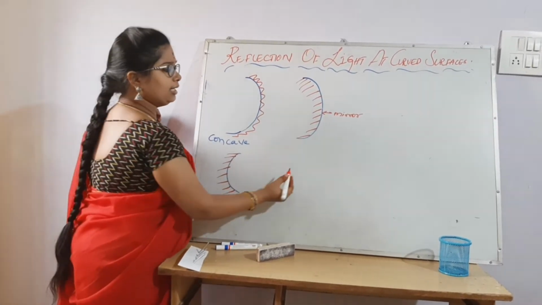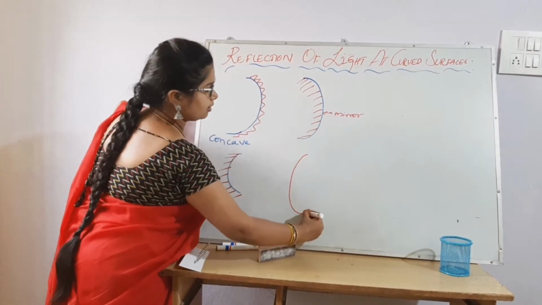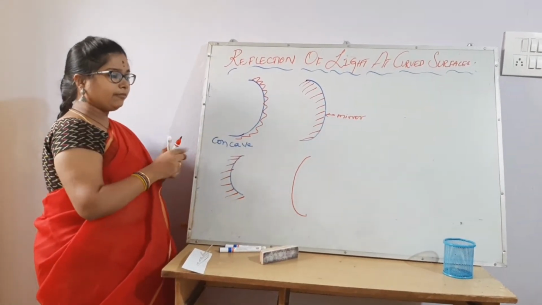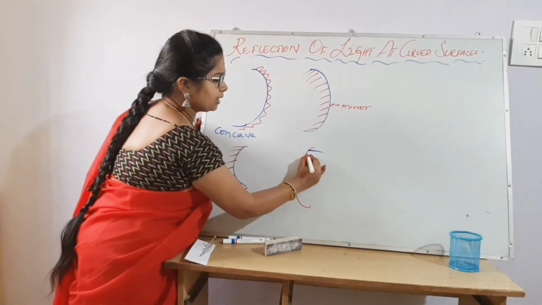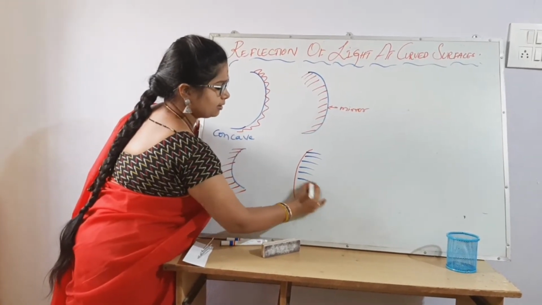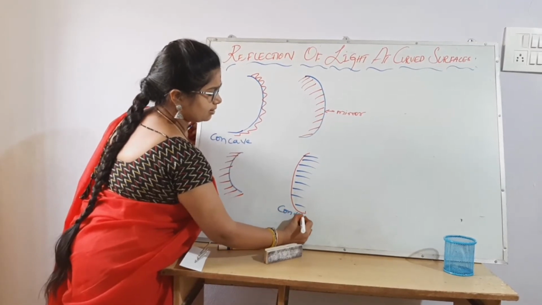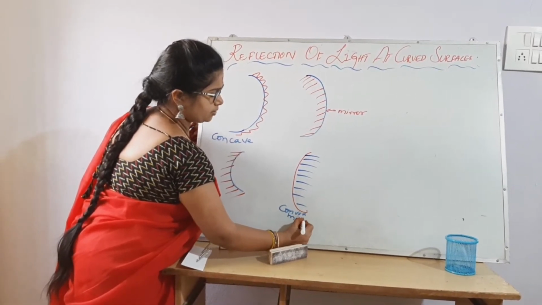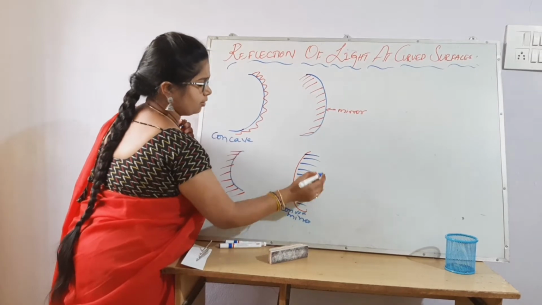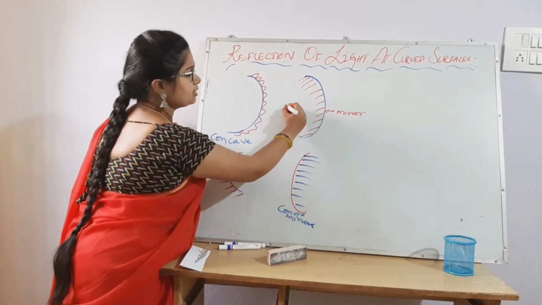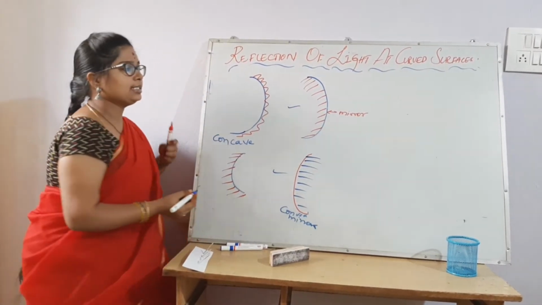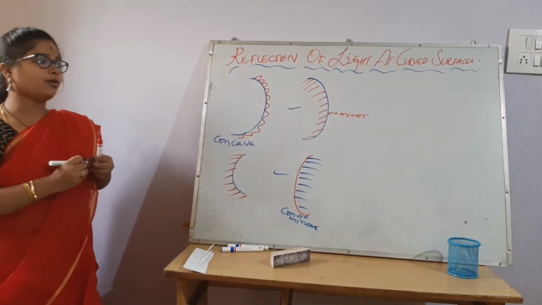Another way to draw is like this. So in which part do we need to coat it? This part. This is a convex mirror. So these both are convex mirrors. This is a convex mirror and this is a convex mirror. So in the convex mirror